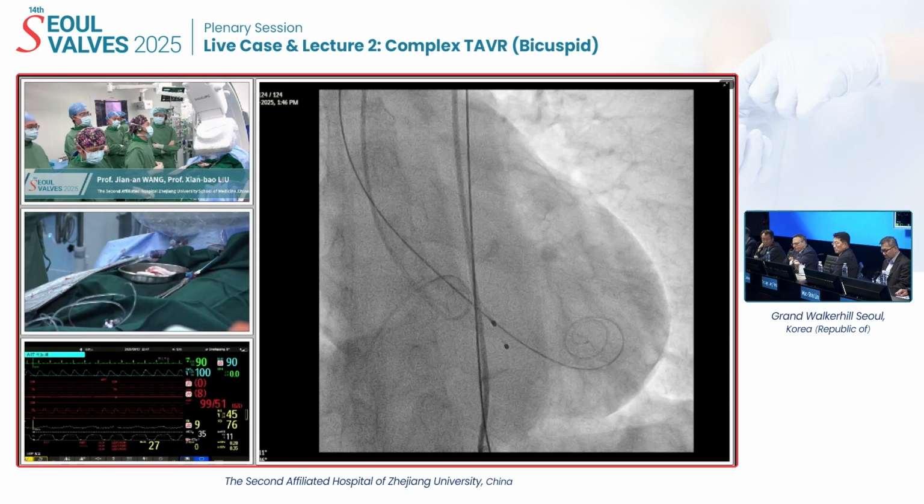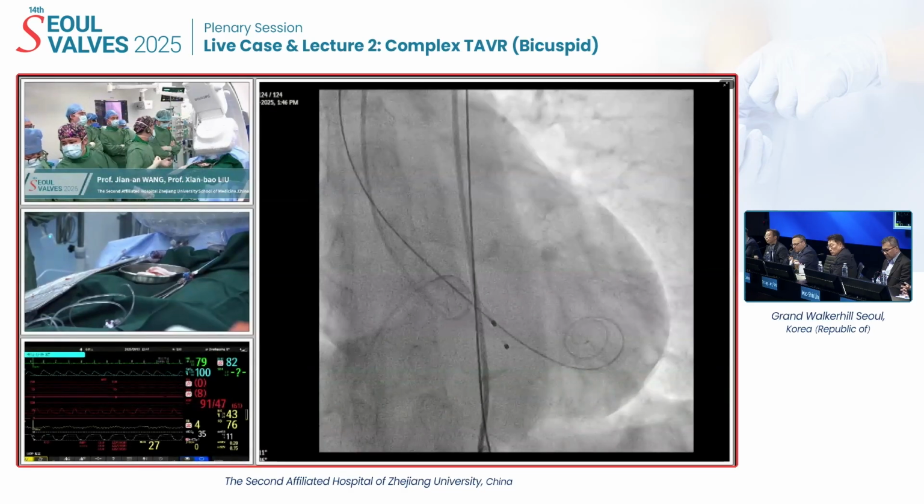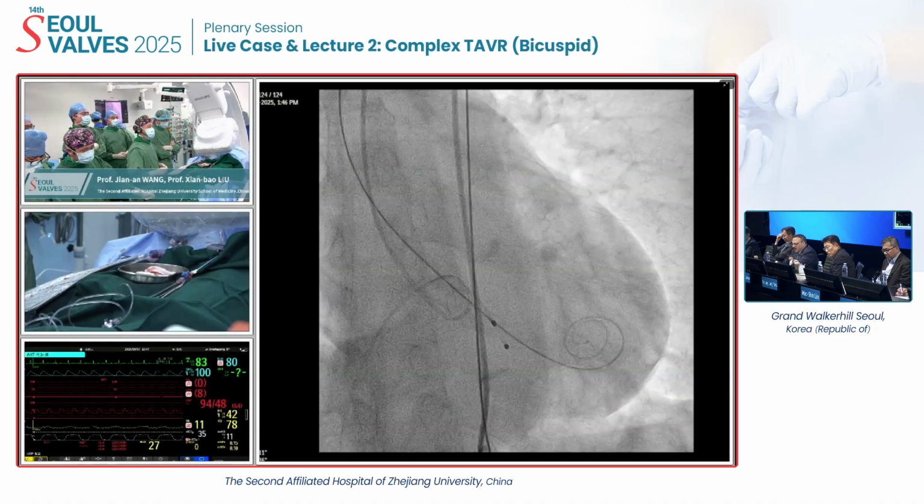And also, because the ascending aorta is over 50 millimeter, we want just one inflation and finish the procedure. And also because of the low LVEF. If we use the long self-expanding valve, maybe there's some problem crossing the arch. And if we just use the retrievable, repositionable valve, maybe it's not good for this patient. So another reason maybe